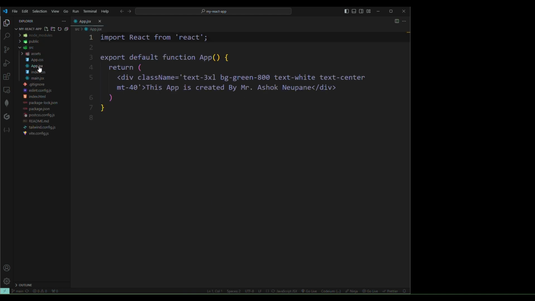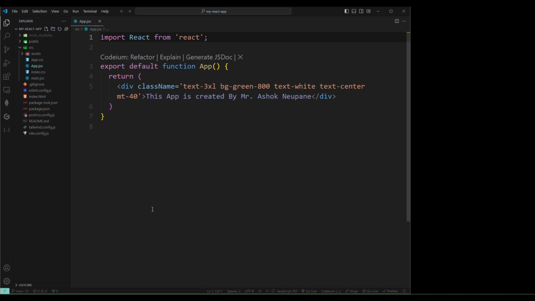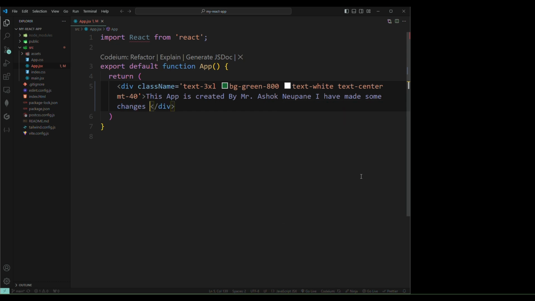Here it is, we have changed something. I have made some changes in my local computer files. You have done those things on your computer, and you have done the task.